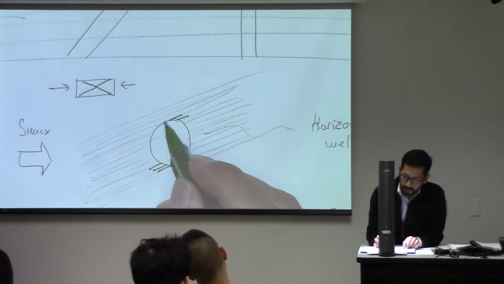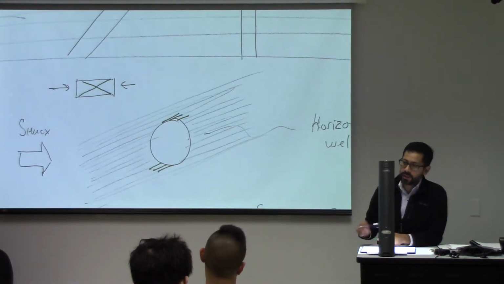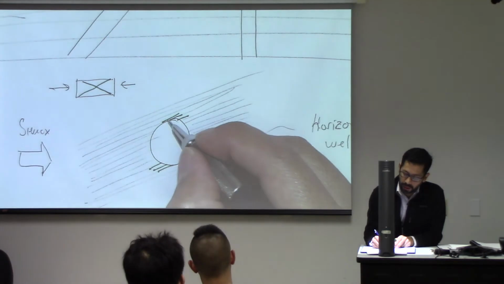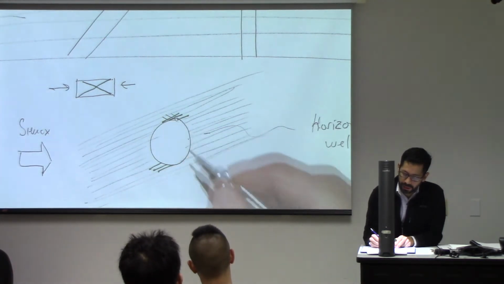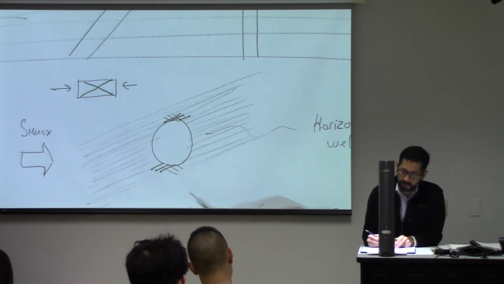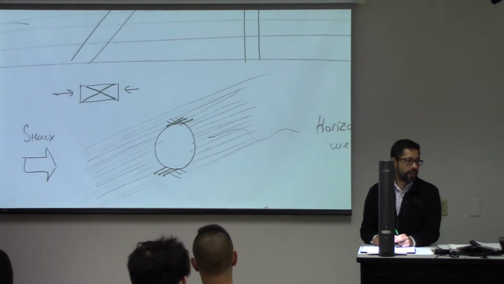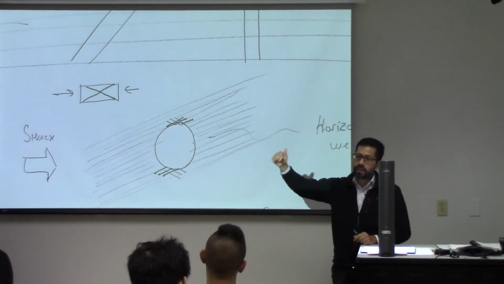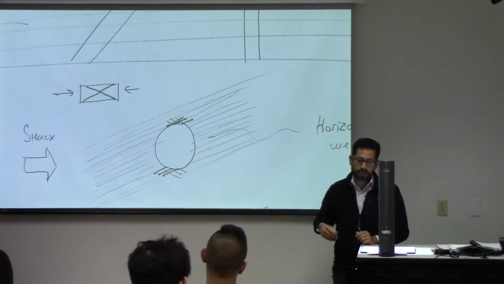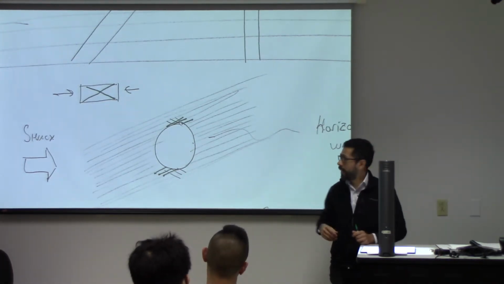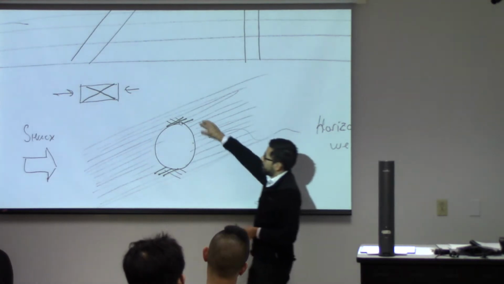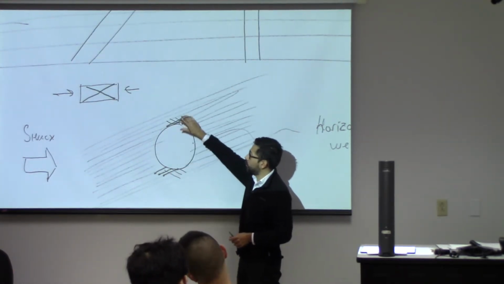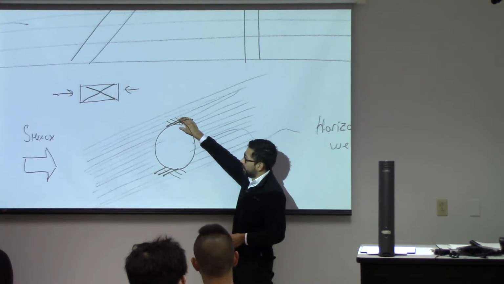So now, if you have breakouts in that location, the rock is going to be much weaker at those locations because now you have the lamination of the rock exactly at the orientation in which you would expect to have shear fractures. So you will expect to have much bigger breakouts in these locations because the rock is much weaker